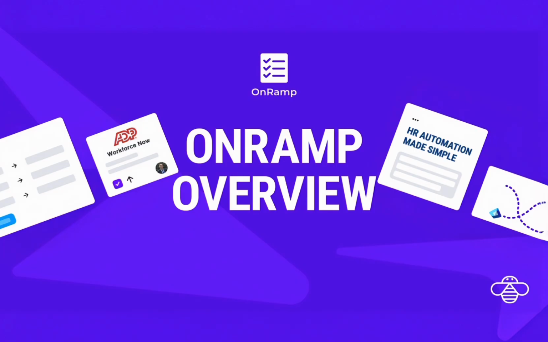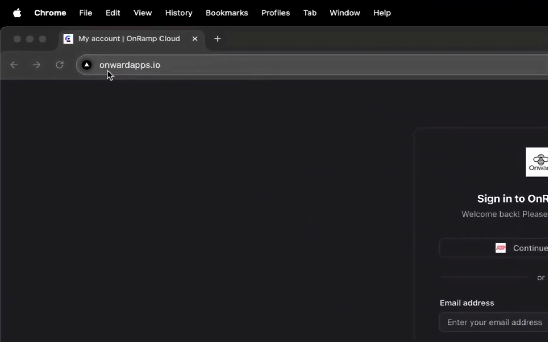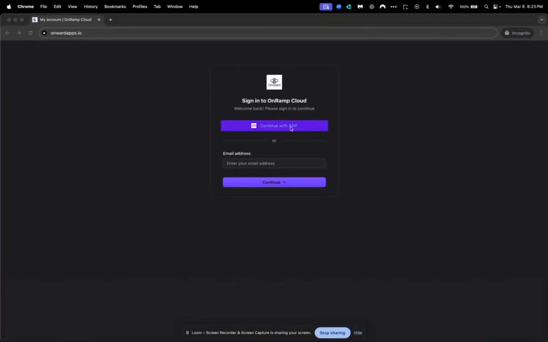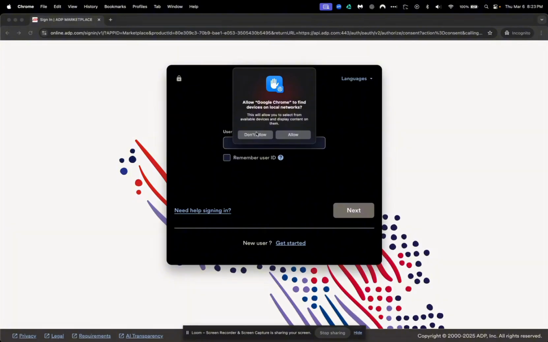Using OnRamp, you can also synchronize metadata, for example, synchronizing departments or cost centers, etc., between, again, ADP and any other system. So to begin with, you can access OnRamp at onwardapps.io. We have integrated a single sign-on with ADP. So users can click on continue with ADP,